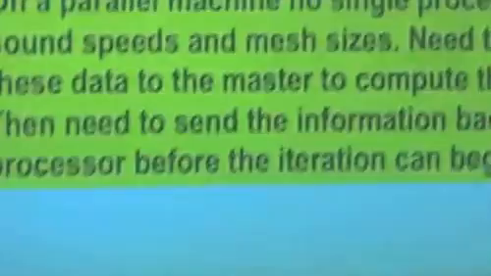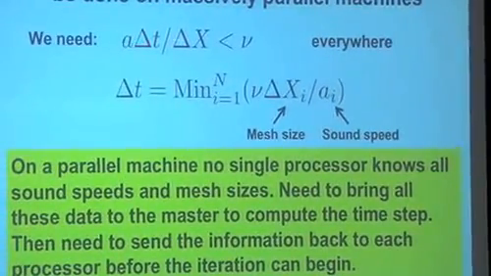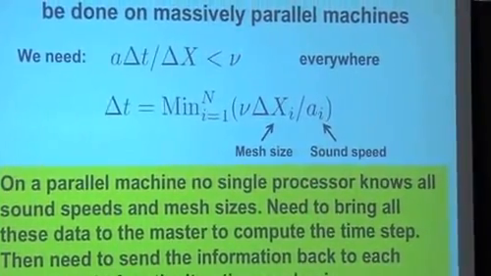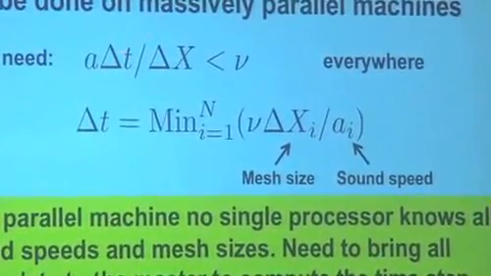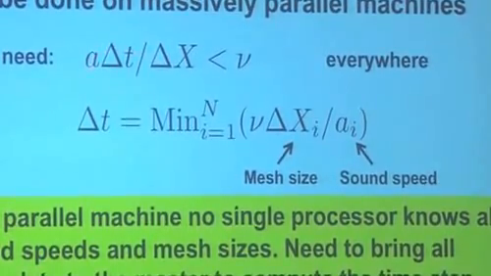So let me give you an example. That's a very simple one. It was given to me by the guy at Surfax developing the code because he wanted people to understand where the problem was. Very simple. You want to compute the time step in an explicit code. The single time step that you have should be such that everywhere in the flow, the sound speed multiplied by the time step divided by delta x depends on nu. Nu is the CFL, it's of the order of unity. This is one value for the whole flow. Delta x and the sound speed depend on the point.